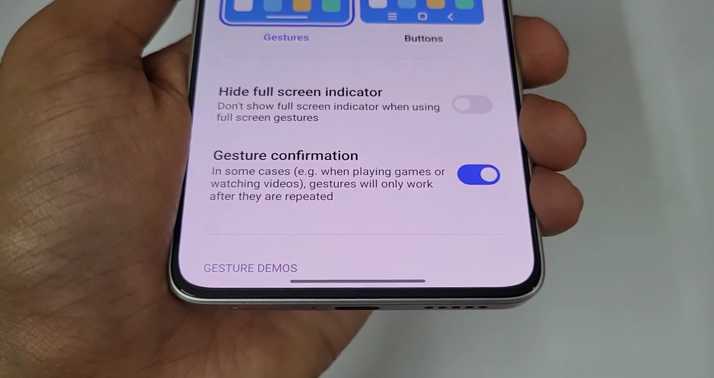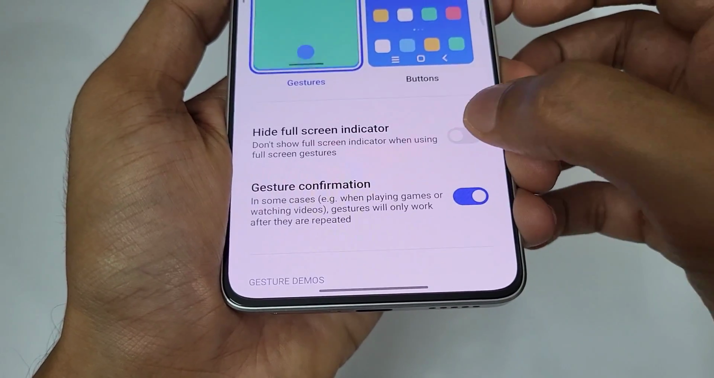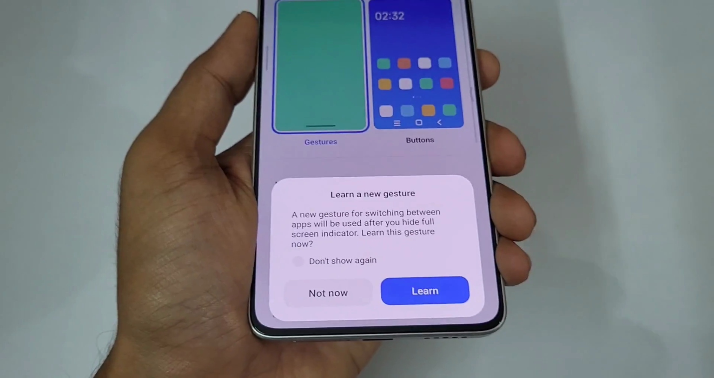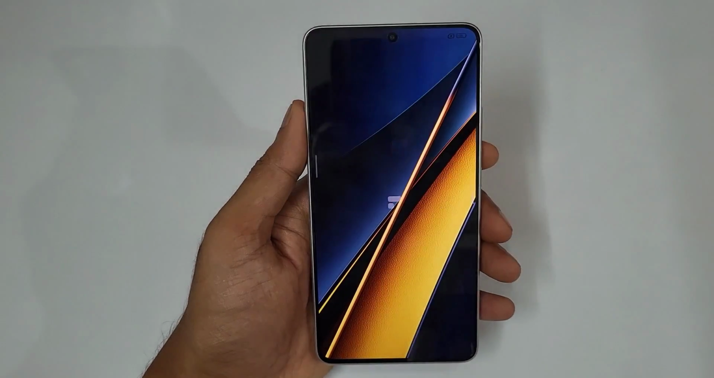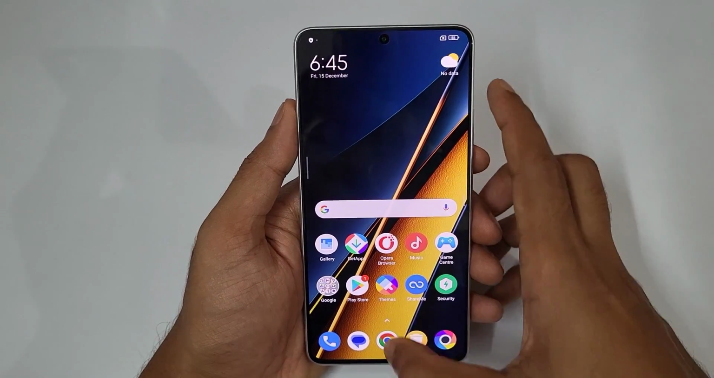And now you can still see a gesture guide bar. Just tap hide full screen indicator. Now you can see an immersive display. And how to use it? A simple swipe up would go to the home, and just swipe up and stop at the middle will